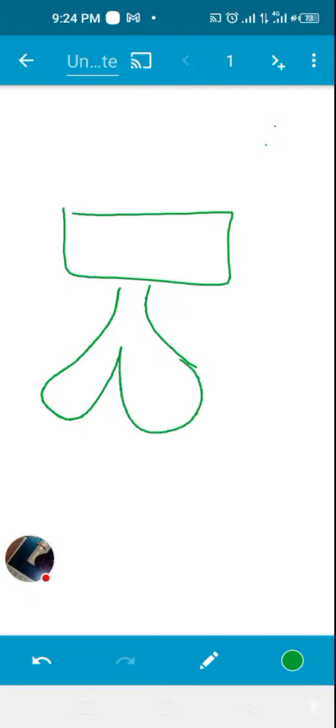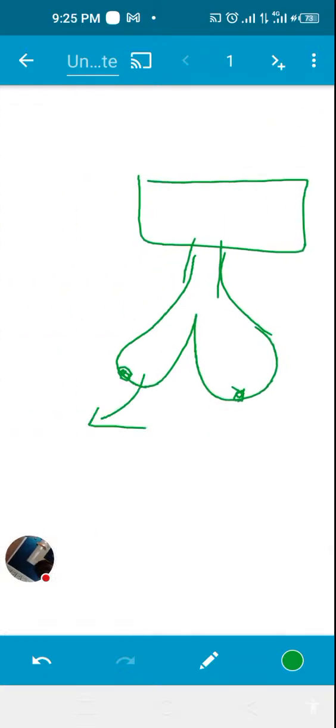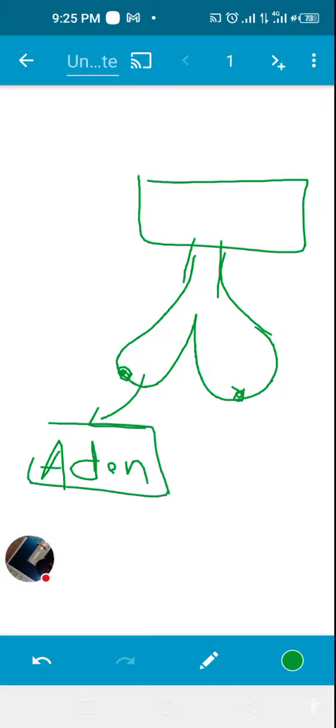Don't get it wrong. This is just the pituitary gland. Now it has a stalk, anterior hypophysis and posterior hypophysis. Can you guess what kind of structure this is? This is the pituitary gland. So there is the anterior pituitary gland, the adenohypophysis, and another one is the posterior pituitary gland, that is the